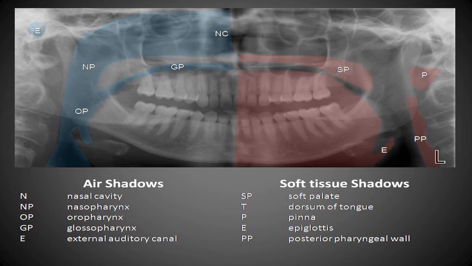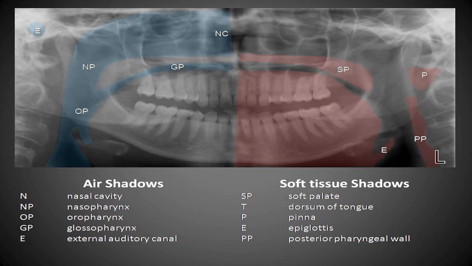And soft tissue shadows, we all know that soft tissue is not generally shown. Based on the thickness of the soft tissue, it can manifest as mild radiolucent shadows in the X-ray. So based on the incidence, the structures that you can generally see are the soft palate, the dorsum of the tongue, especially if the tongue is not positioned properly. So when you take an OPG, the general indication is that you ask the patient to touch the roof of the palate with the tip of their tongue.